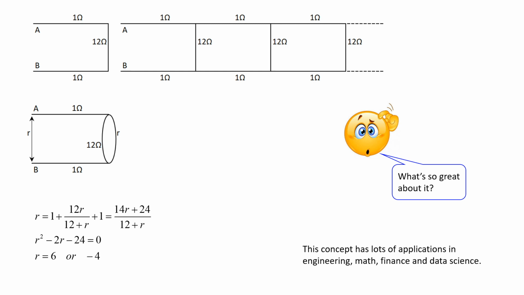When you want to evaluate the value of a company, IBM or Facebook or Google, we calculate its dividend every year, and we do it for infinite, so many years, and then we sum it up. Once again, we are using the calculation of perpetuity, and we are doing this to evaluate. So this concept can be applied in engineering, in math, finance, data science, and pretty much every industry where you have an infinite series of something of this kind.